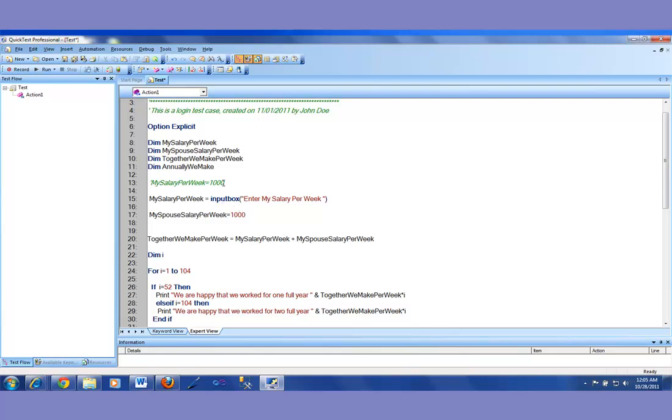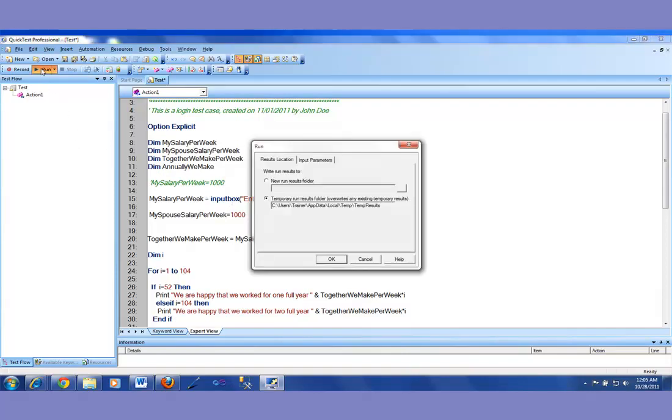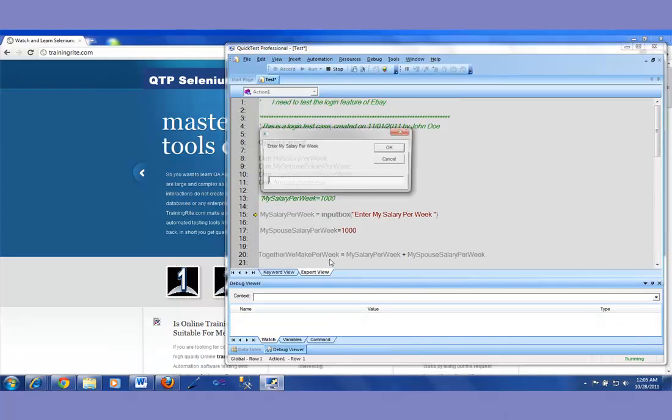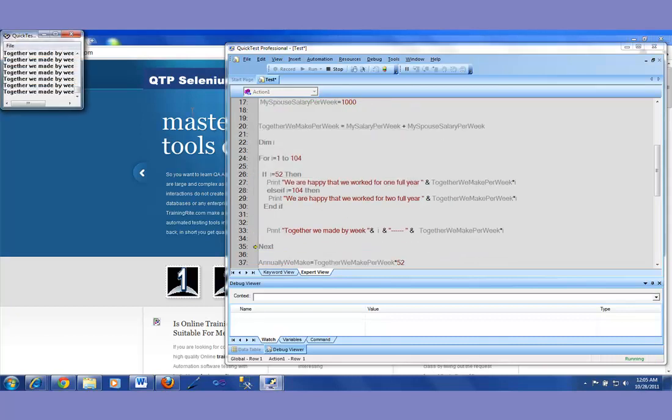So what I did, the whole script is exactly the same thing. Just this part I have commented. Rather than hard coding a value, I would like to gather that value into an input box from the user. So if I run this, it is going to come here, and then it is asking me, okay, enter my salary per week. Guess what? My salary might have increased. I got a promotion, and my salary right now is $1,400 per week. So I entered 1,400,